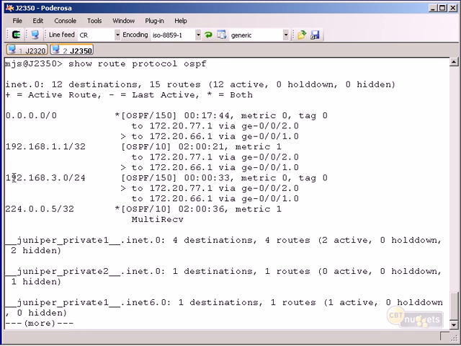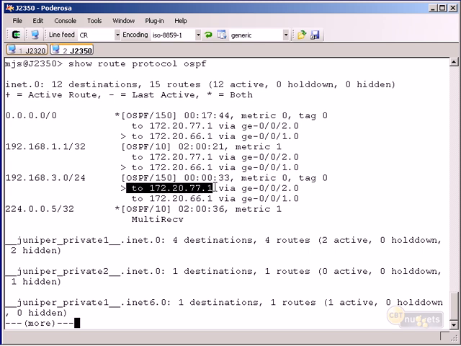All right, there it is. There's our 192.168.3.0 network. That's the management VLAN that I'm operating on right now. So we're advertising that management VLAN into the OSPF domain. Again, we can see it's external 150. That's the preference. To get to this network, we're going to actually, in this case, go on gigabit